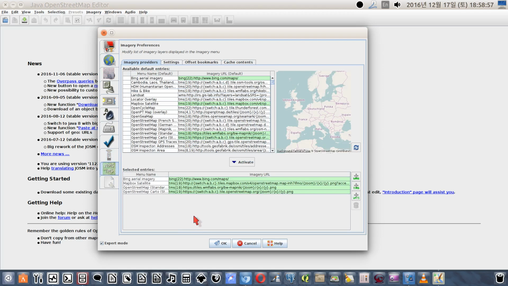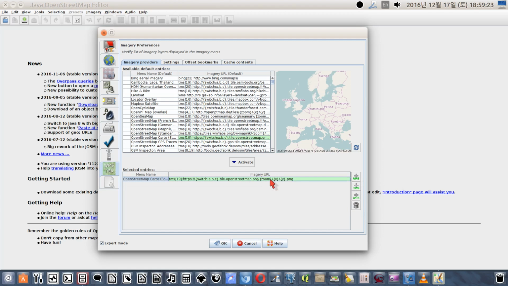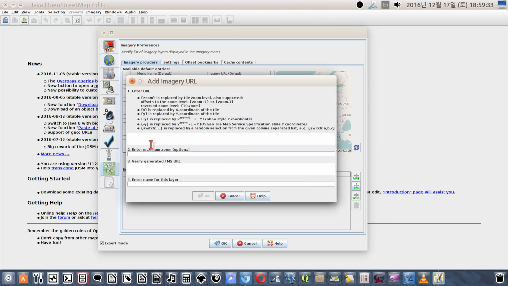WMS/TMS imagery preferences. This is the most important thing to change if you want to use JOSM with OpenGeofiction. These imagery URLs down here are the tile servers that people use for mapping in OSM, OpenStreetMap, but they're useless to us for our imaginary world, so you delete them. You can't use them for mapping our imaginary world. Instead, down here, you need to put in our OpenGeofiction tile servers. First one,